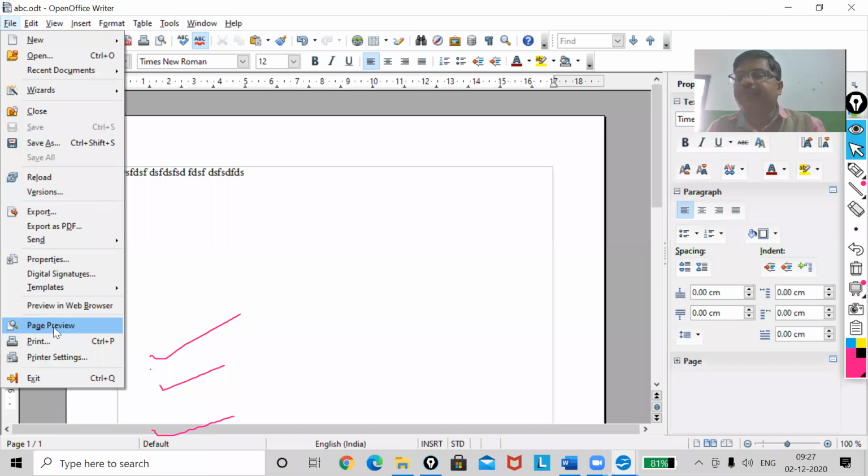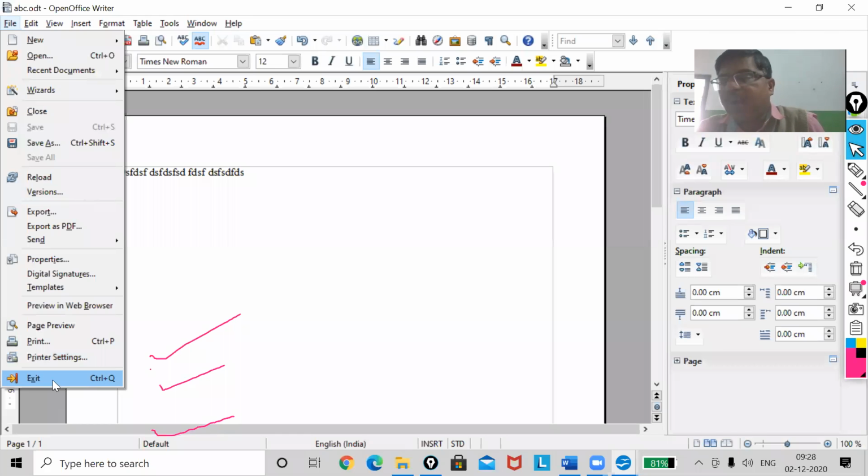If it does not fit, then I have to set the margins, left margin, right margin, top margin, bottom margin, so that my text will fit properly on A4 size paper. Print, you know, is to print the document. Understood? And Printer Settings, that means settings related to your printer. Suppose I want to change the printer: if I have LX258 and want LX1050, you can change it.